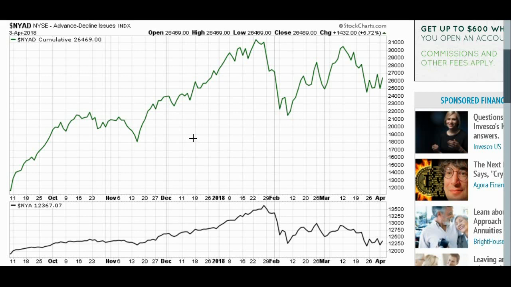And it could be the opposite way too. If you have the index or the market itself going down, and at the same time, the advanced decline line were going up, that might indicate that there could be a turnaround in the making, because that would mean that more and more of the stocks in the index were advancing. And that could lead to the index itself, the market itself, advancing in the near future, possibly.